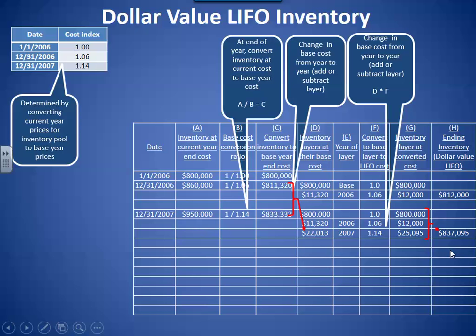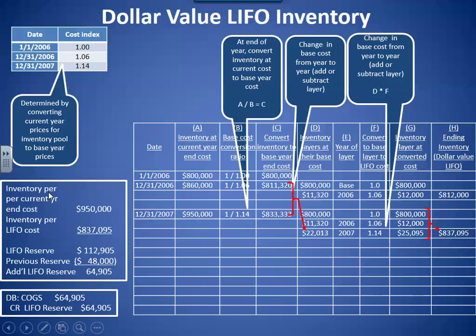$895,000. Now again, we're going to have to convert our current inventory value per our books to our LIFO inventory level. So the way we do that is we take our inventory per our current year, which is $950,000. From that, we subtract out our LIFO value of $837.95, which is right here, which means in order to take our $950,000 down to our $837,000, we need to have a LIFO reserve of